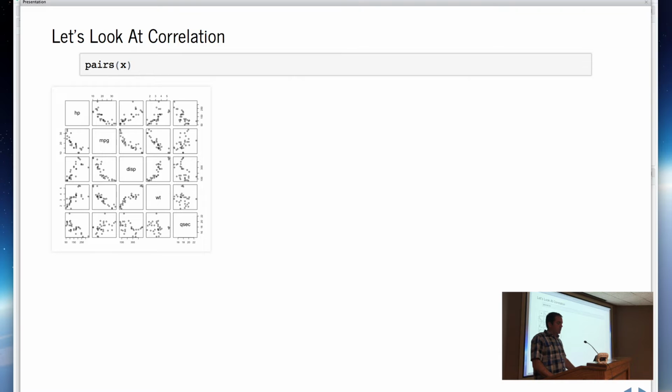So if you look across that top row, you would see horsepower versus miles per gallon, horsepower versus displacement, weight, and quarter mile time. And the good news is, we ought to be reasonably confident that we have useful variables, because most of them look like you could draw a fairly good line through them to describe the relationship between the two.